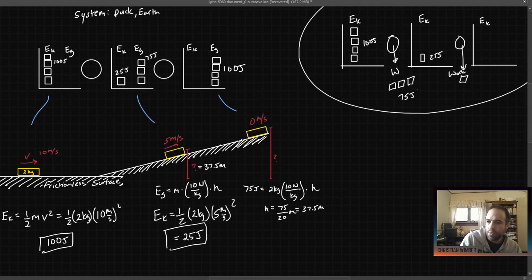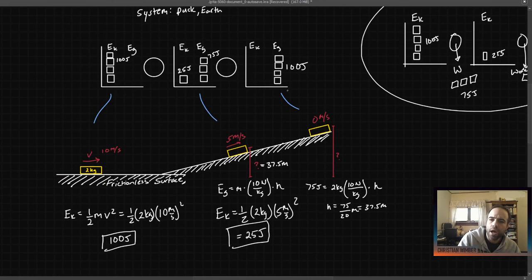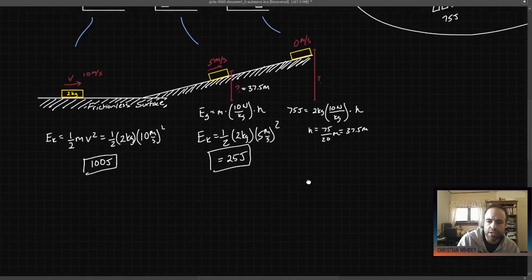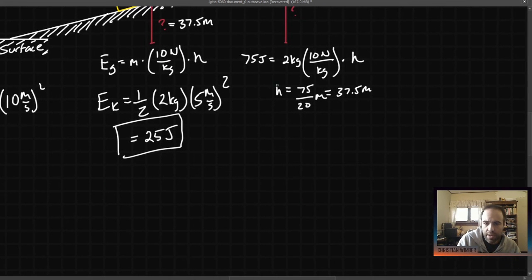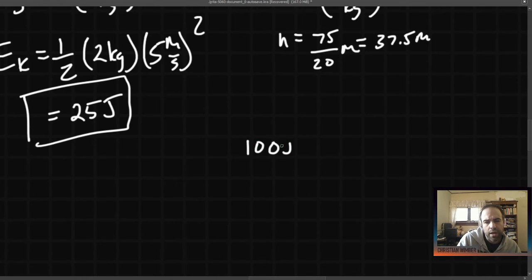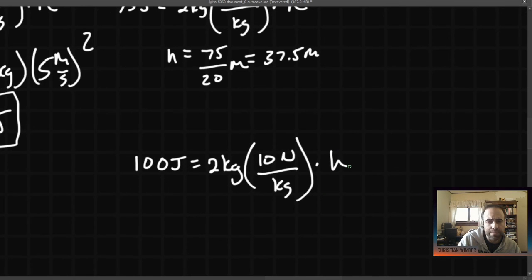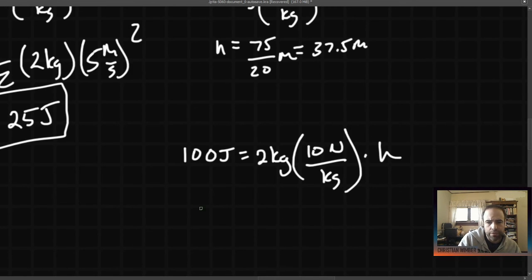Again, you could have done this with work. With that much work, you could lift this puck 37.5 meters. The math will work out the exact same way. Totally acceptable. All right, last but not least, now all 100 joules are going to be stored gravitationally. So I'm going to go ahead and do the same exact math I did before. Now if we have 100 joules stored gravitationally, the 2 kilograms times our gravitational field strength times the height. So I just get 100 divided by,